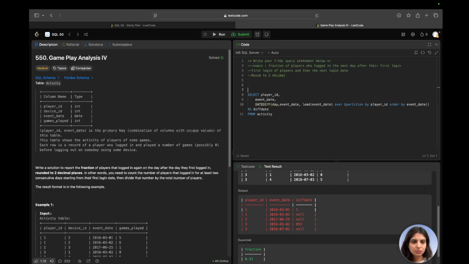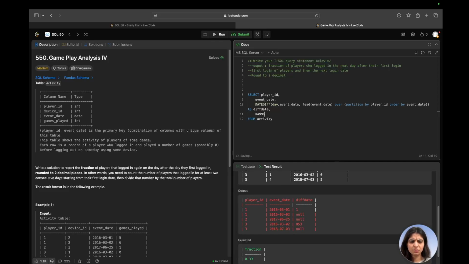So the next thing is, right now with this test case it's just the first, because what if player 1 logged in after 2nd March also? If they logged in on 3rd March also, then I'll also get a difference of 1 for the second row, and I don't want that, because we just want to see all those users who logged in after the first login. So what I will do is